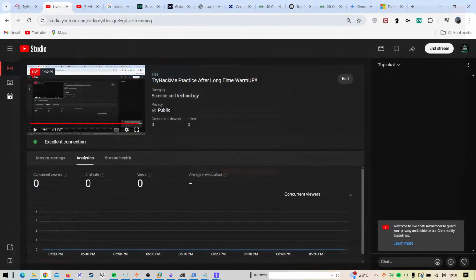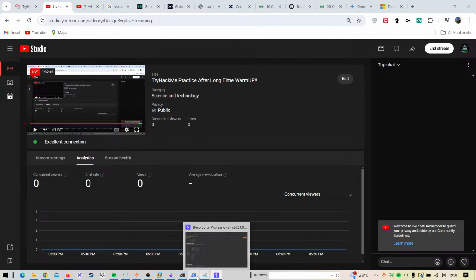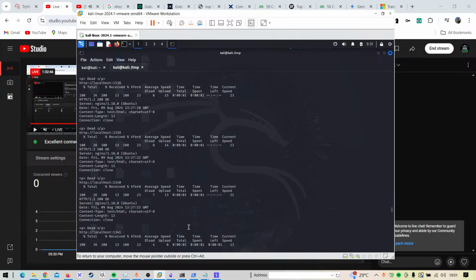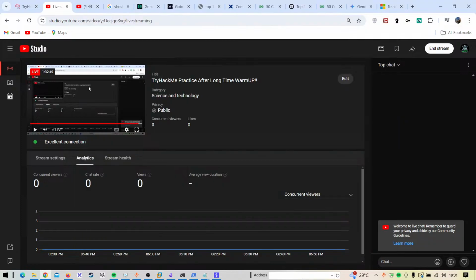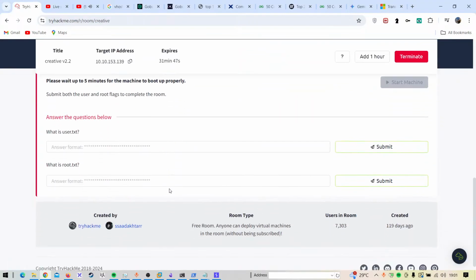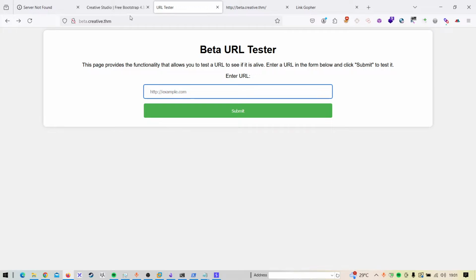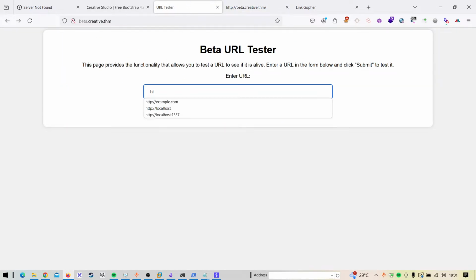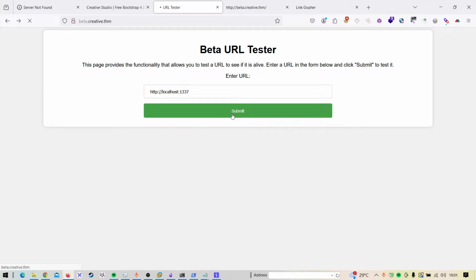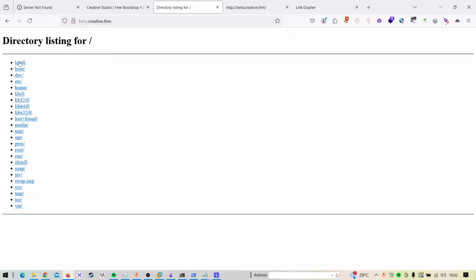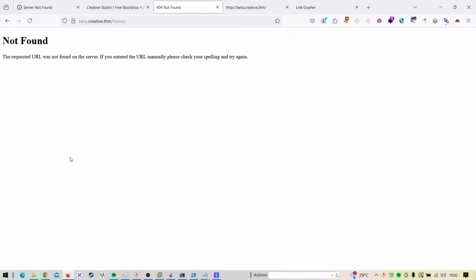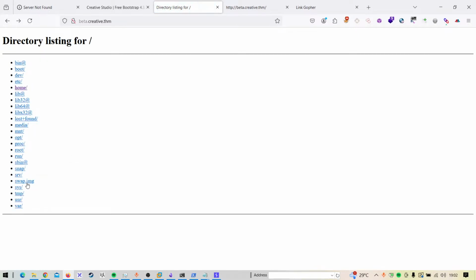So just close this and this one also. And now we know it's 1337. So what we can do is localhost 1337. So it's a directory listing. You can go under home. If home is... we're not able to find home, so